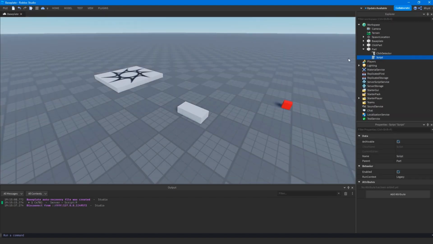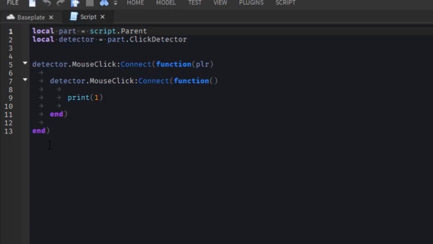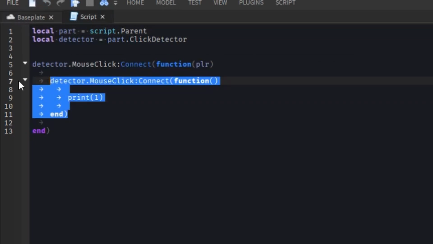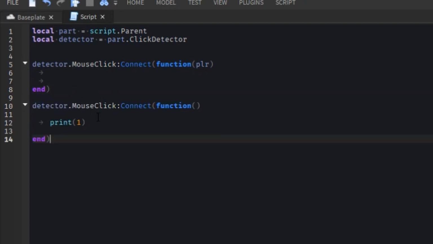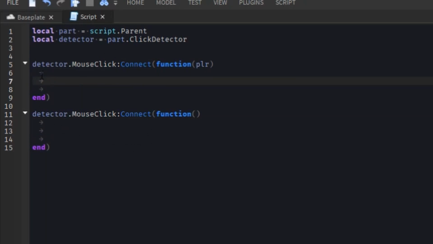So there's multiple ways you can tackle this or change it. Obviously you're not going to be using multiple mouse click events inside of each other, but this is just an example because I don't want to go over other events right now. But basically